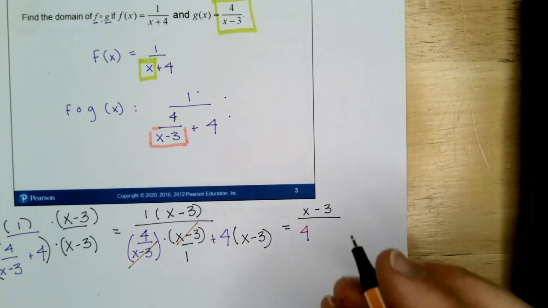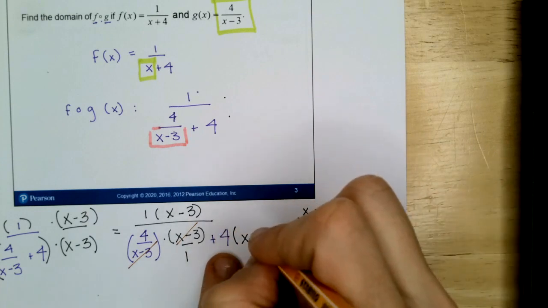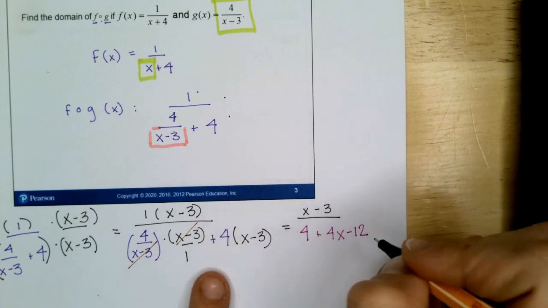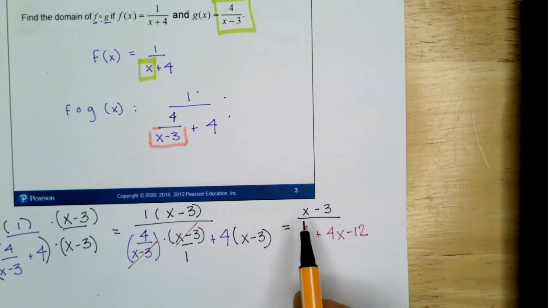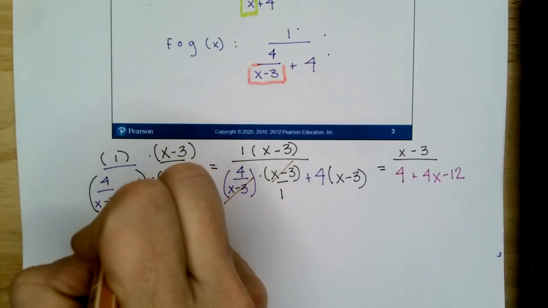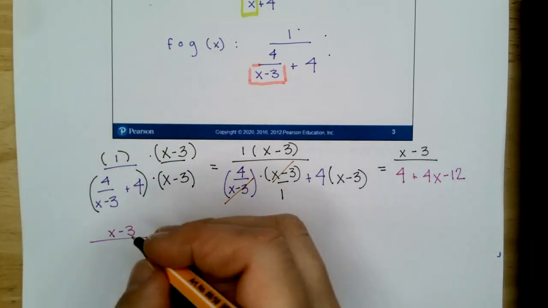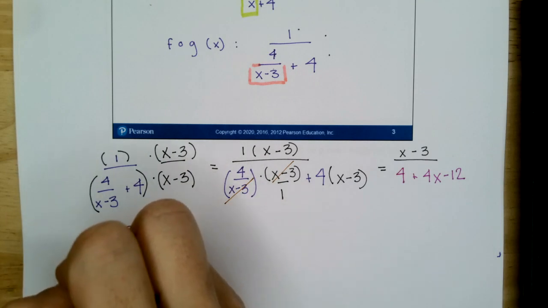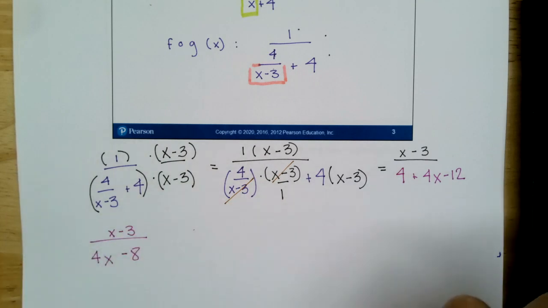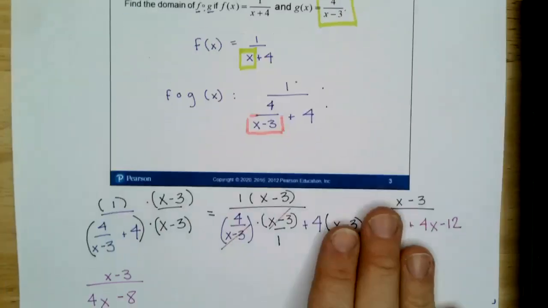And then 4 times x minus 3 we're going to distribute. 4 times x is 4x. And then 4 times a negative 3 is a negative 12. Good. So now we have x minus 3 divided by 4 plus 4x minus 12. You can simplify that further. Four minus 12 is going to be a negative 8 and a 4x in front of it. x minus 3 divided by 4x minus 8 is as simple as we can make f of g of x,